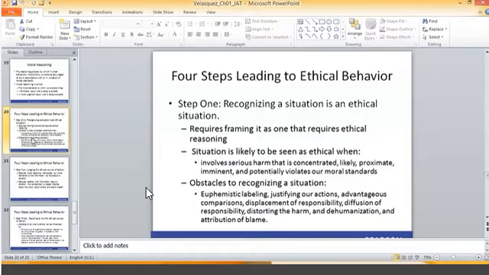For step one, I said here, recognizing that a situation is an ethical situation. The first thing we have to recognize is that the situation is an ethical situation. When the action taken is clearly an ethical issue, we know that situation is ethical. That is the first thing. But like pride, there is common sense. You don't have to go through all the process, step one, step two; you can really identify it and already take action on that.